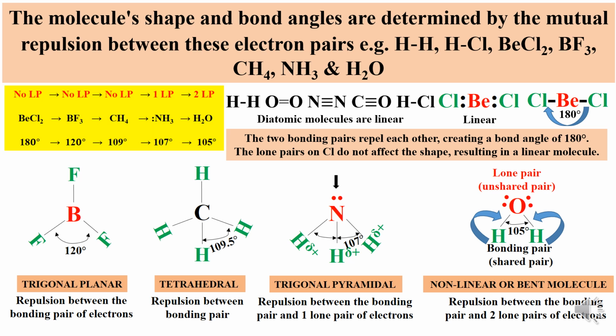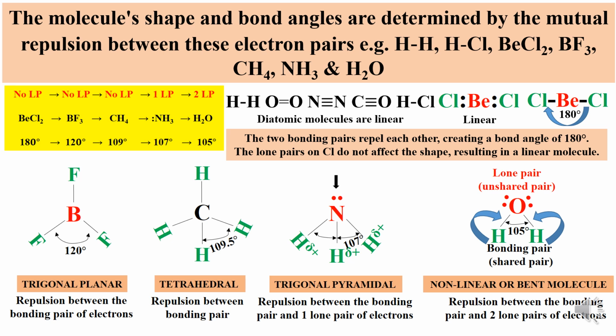So in case of beryllium chloride, you don't find any lone pair of electrons on the central beryllium atom, and this leads to the linear shape. And in case of boron trifluoride, there is no lone pair on the central boron atom. It takes a trigonal planar shape with a bond angle of 120 degrees. And even in case of the methane molecule, there are no lone pairs on the central carbon atom, and this leads to a tetrahedral shape due to repulsion between the